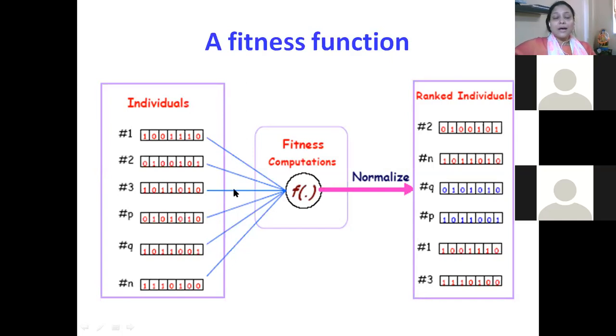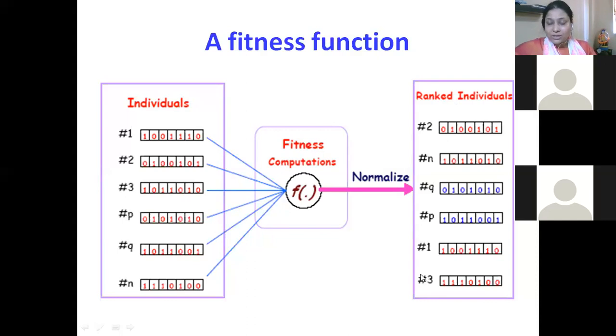So if I take this kind of individual, all the individuals must be fed into this fitness function, right? This is the programmer defined fitness function, as I have already told. So after this mutation, after this crossover, after this selection, this particular fitness function evaluates all the individuals and normalizes, and you will obtain a kind of